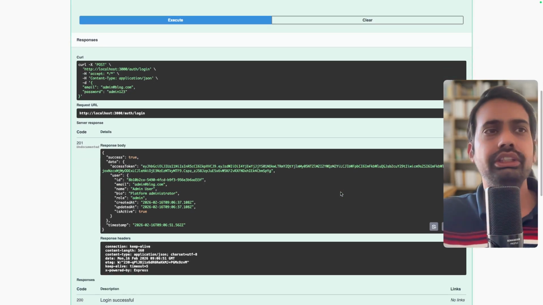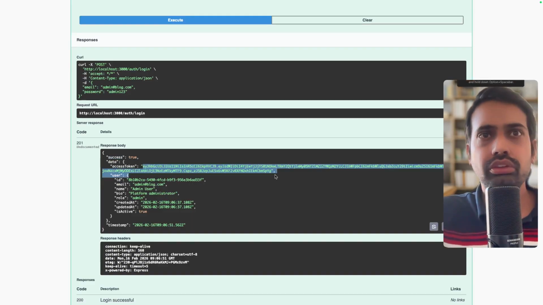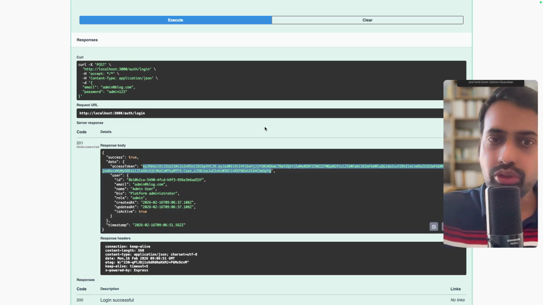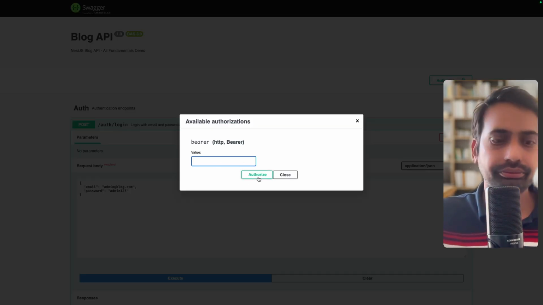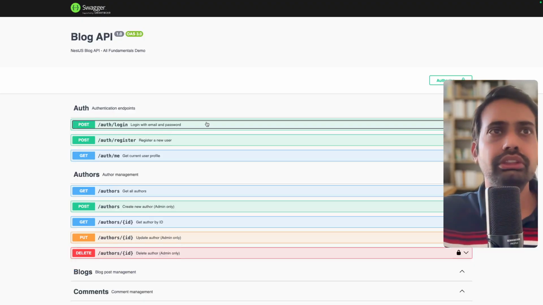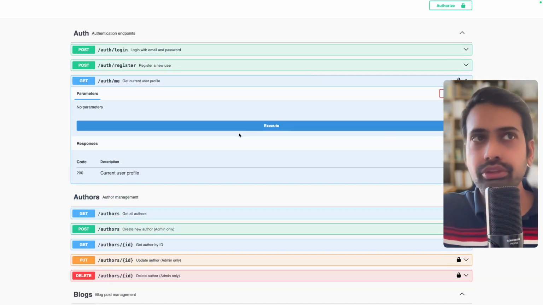If login is true, it's like a mock implementation, right? So we already have this success and data. So this is the token which has been set. I will copy this token and I will just pass this in the authorize, close, and I can just try to get my own profile. So try it out,